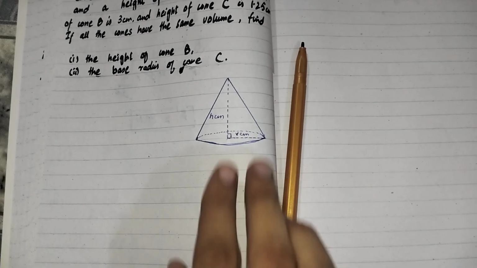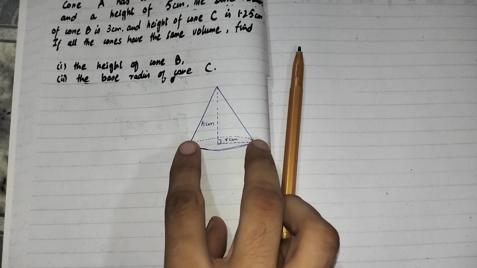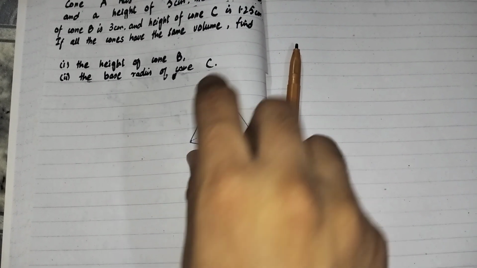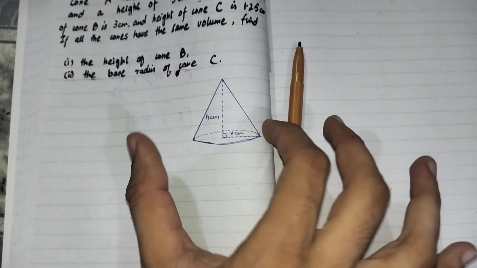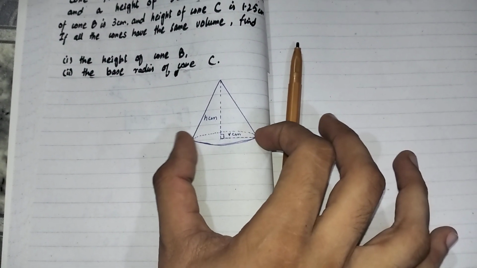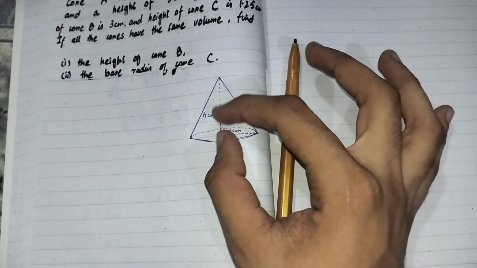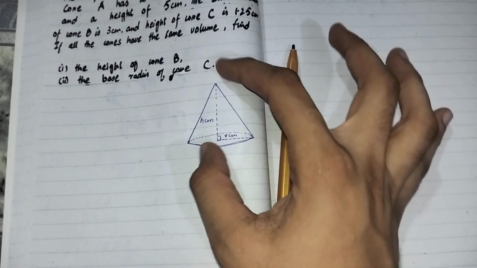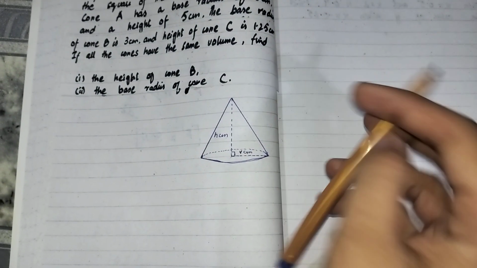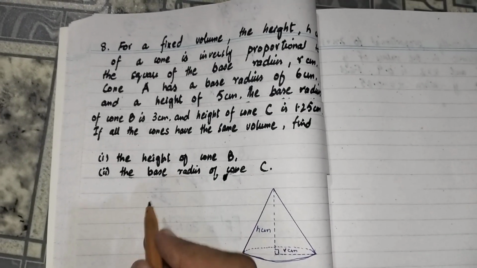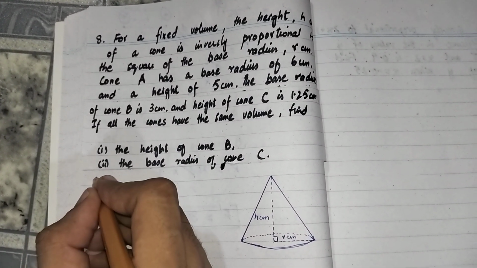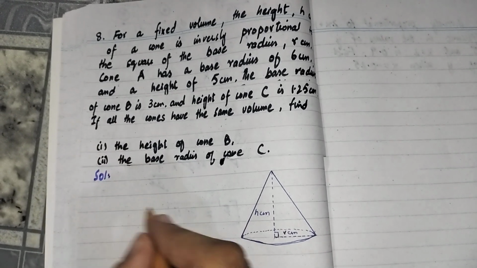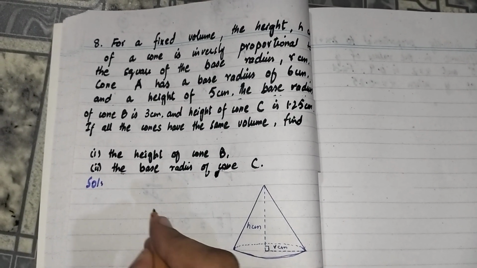Means that as the radius increases, the height will decrease. As the radius increases, so also the diameter increases, so the height of the cone decreases. And as the height increases, the radius will decrease. The square of the radius will decrease. So in this question, the two quantities are the height of the cone and the square of the radius of the cone, and both are inversely related to each other.